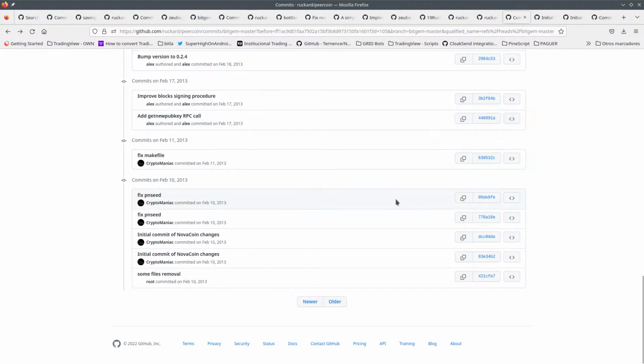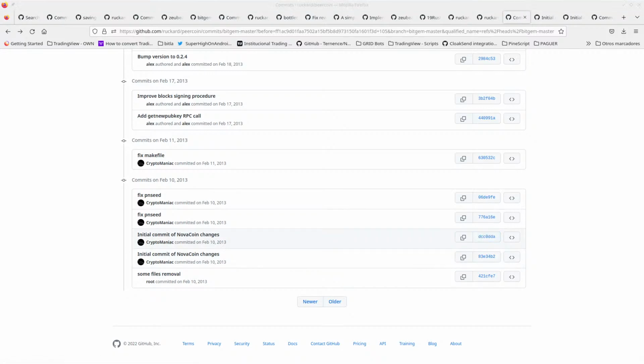Okay, so the first useful commit is going to be this one, because it's what you've got as Novacoin changes. Then everything else is minimal changes that you do here. Okay, and this is from February, so this is 2013, 2nd of February. Okay,